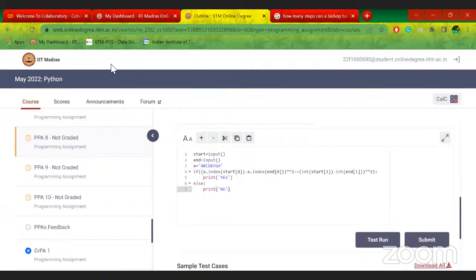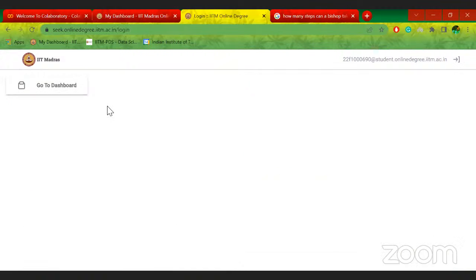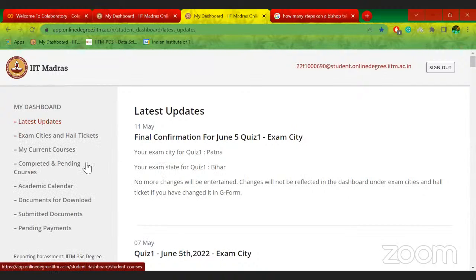Actually, now when the question says I will put my input, start and end, let us say any letter, right? A or B. Should I put only letter alphabets, or should I put alphanumeric, like A1, B1? In the start, you should be looking at the input format, right? The start contains two characters. The first character is an alphabet, second character is a number. So the start will be something like A1 to H8. It could be any value in between. It could be C1, C2, C3, H1, H2, H3, and so on to H8. Similarly, the end could be any of those. Okay.